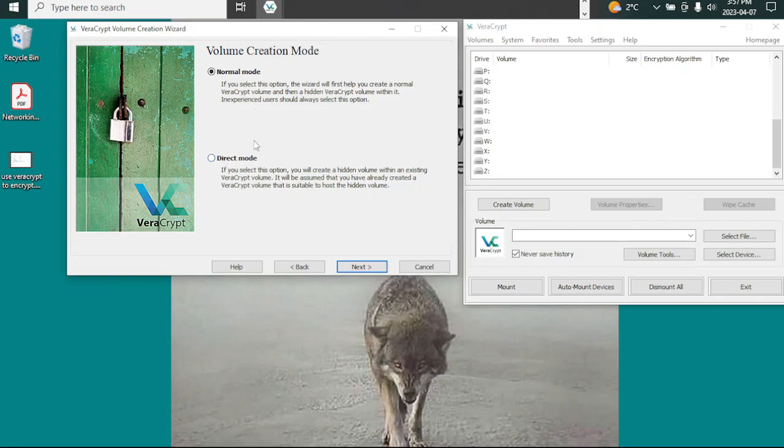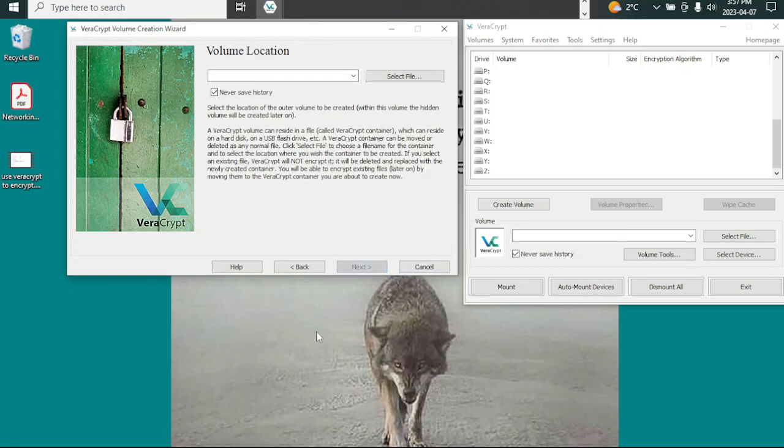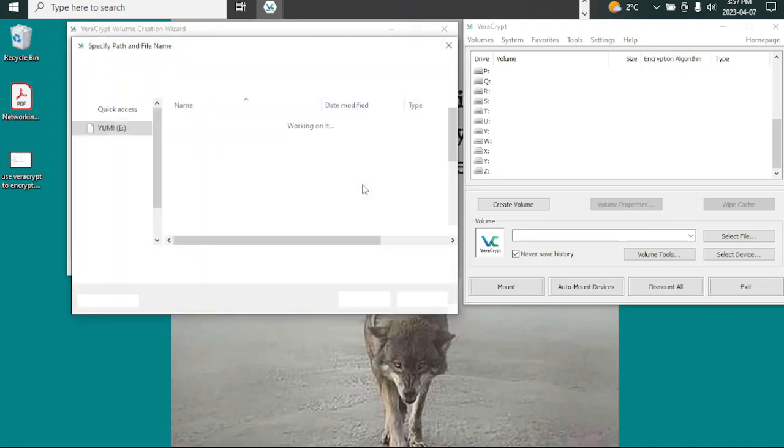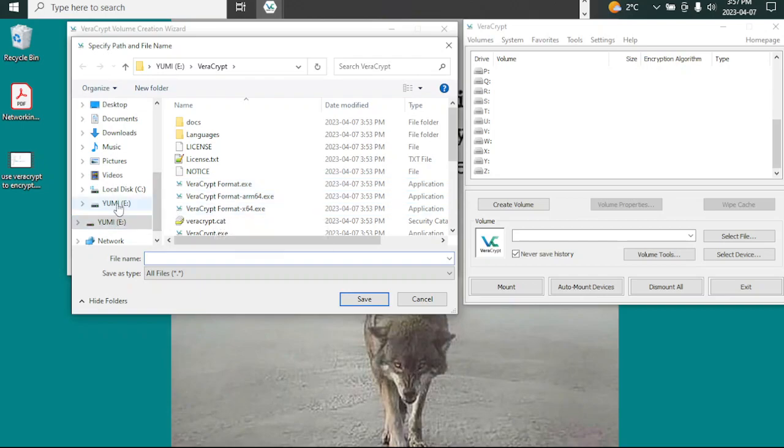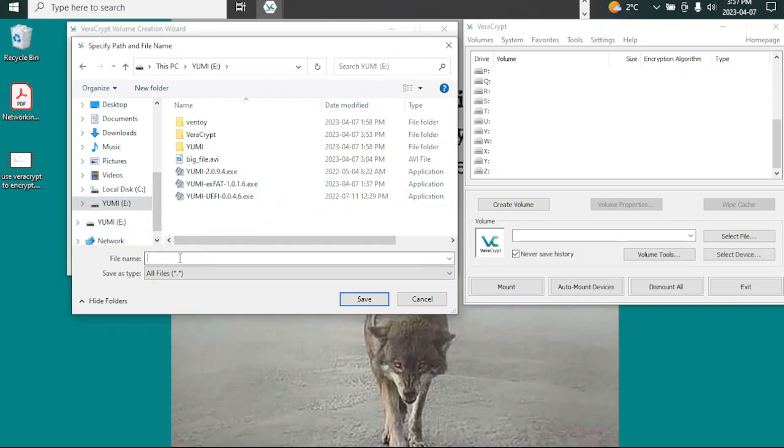If I choose direct mode, it will create directly the hidden volume only. I don't want to do this. I would like to have both of them. So I'm going to say next, and I need to select the file. Okay, it's important never to save the history. So select the file, and my file I will put it on the Yumi, and I will create a file called test,